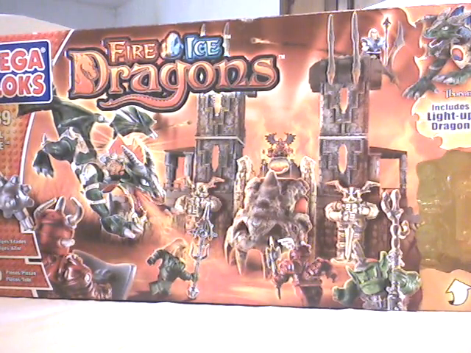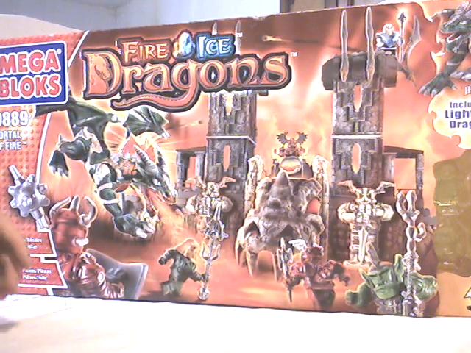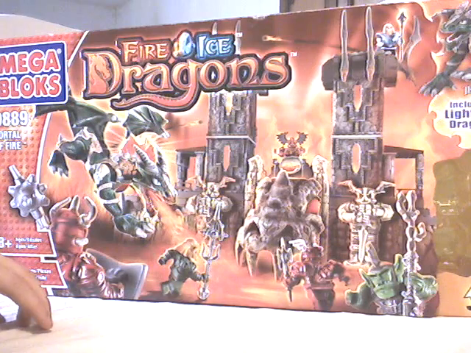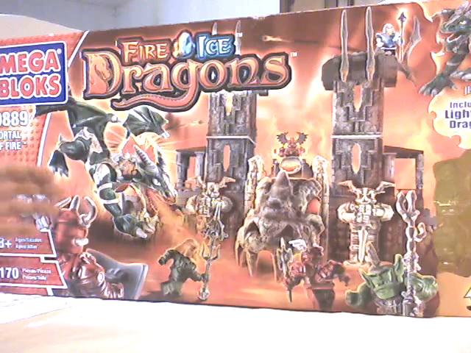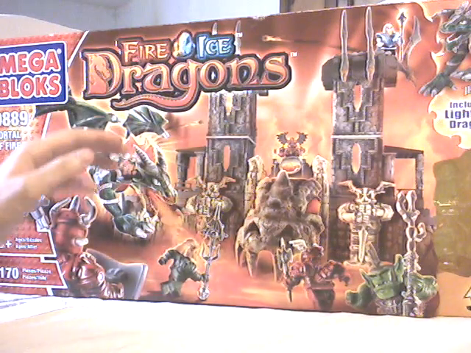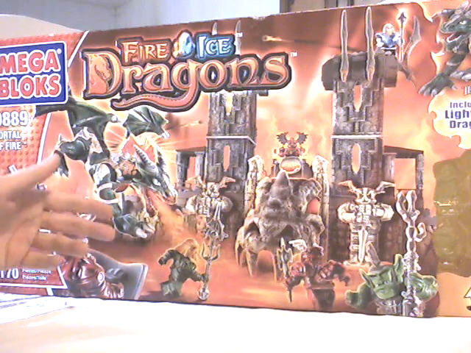So here we go with the box, of course quite a big box because it's quite a big set, but we're gonna see that with the set itself. As you can see you got the usual Megabloks logo, set number, set name, age recognition, and number of parts right there, and of course you got the Fire and Ice logo, which is quite cool, and the castle itself, some warriors, and one of the dragons,